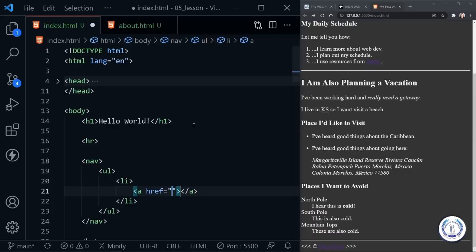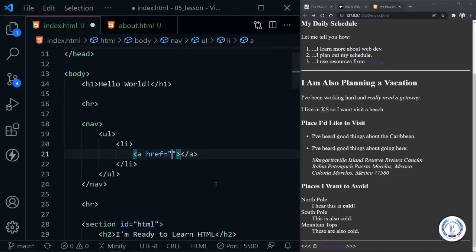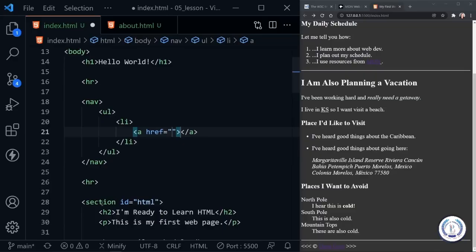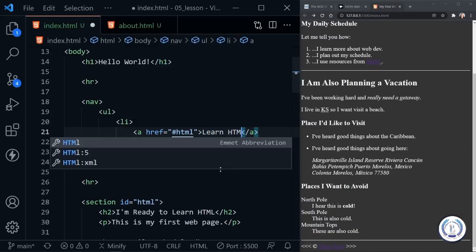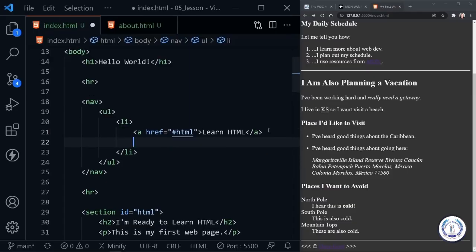And after I pressed A and Tab, it knew we needed the href in Visual Studio Code. So now it's waiting for me to fill in this href. Now to link to our HTML section here on the page, we need to add the hashtag and then the ID value. So there's HTML. And so now we can put learn HTML for this link. And then let's go ahead and add one more, a lowercase. Press tab, and now hashtag vacation,